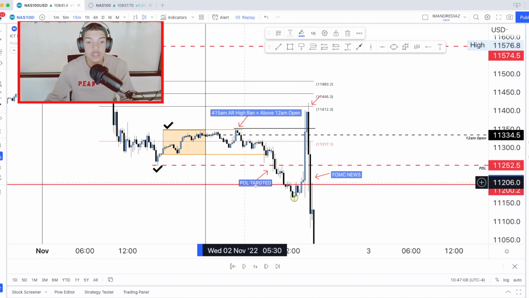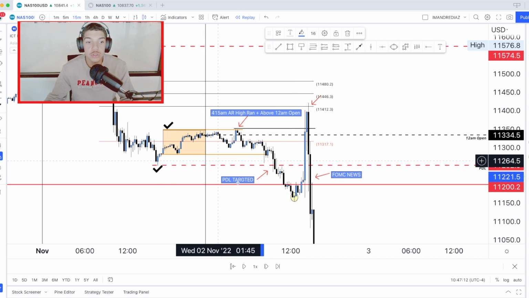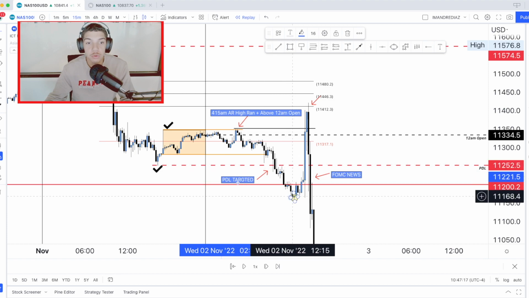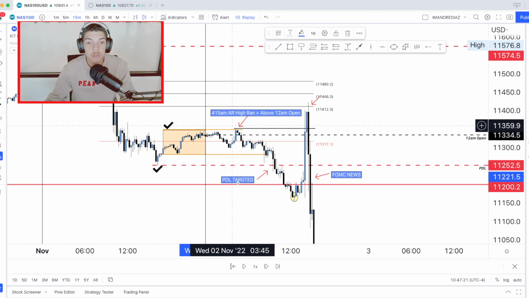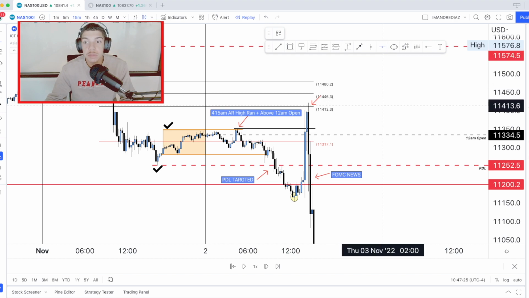Because at this point, this was the new current low. So this one wouldn't be needed no more because we already ran the previous day's low right here. Came down, made a new low, so that's where I would have drawn the fib. And as you can see, what happened? Price ran up, ran this London session high, and we tapped into this fib, and we also tapped into 11,400